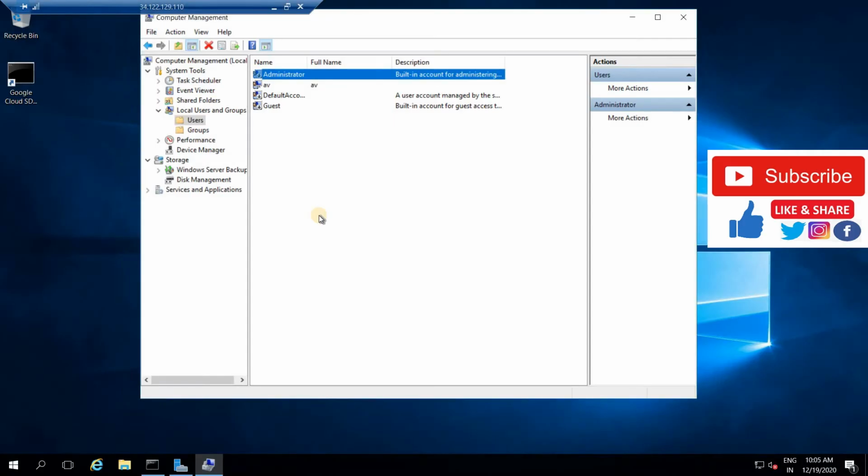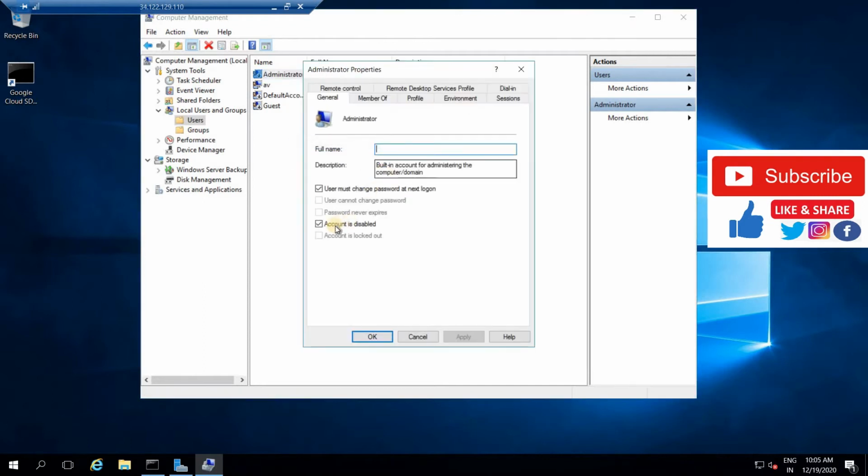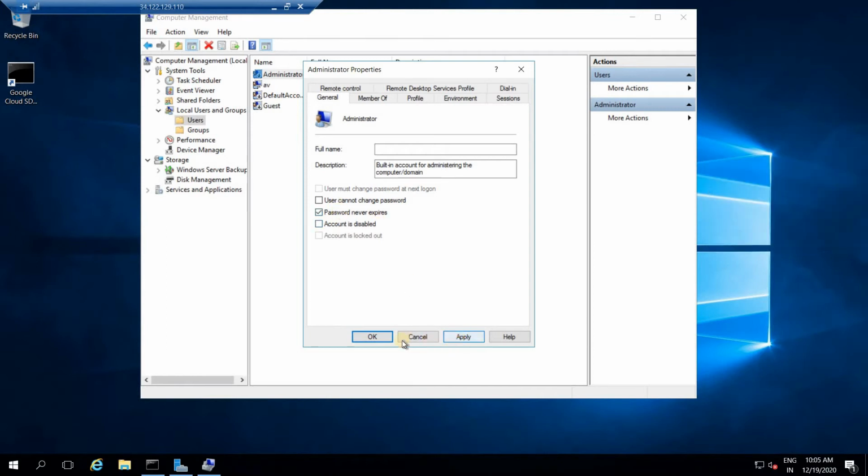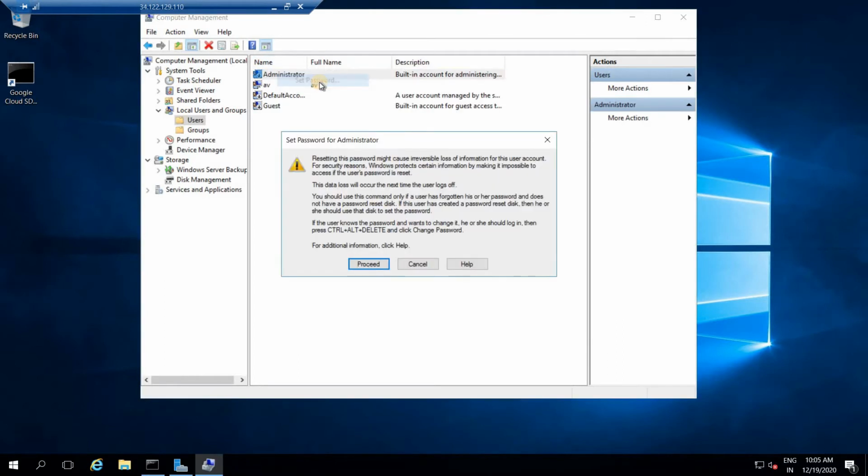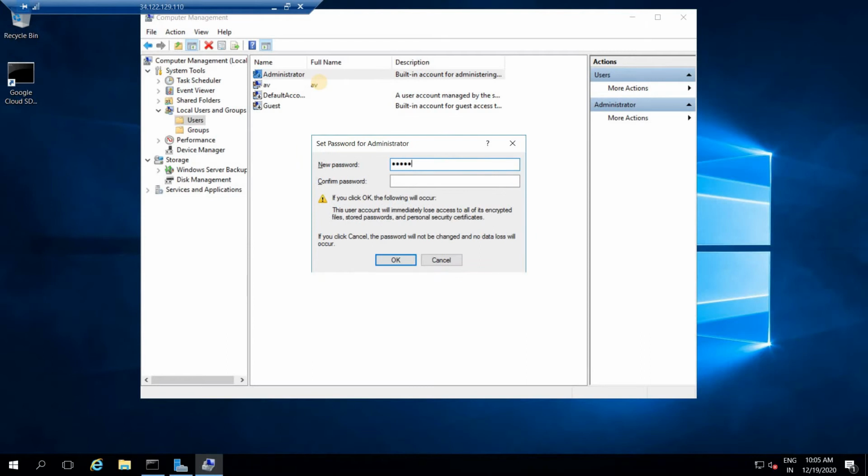So guys, I'm on the machine, and we need to change the administrator password of this machine before proceeding to promote this machine as a domain controller. So I have opened Computer Management, and I'm under Users, and I'm going into the properties of Administrator, and here I am selecting the option password never expires, and then I need to change the password of this first.